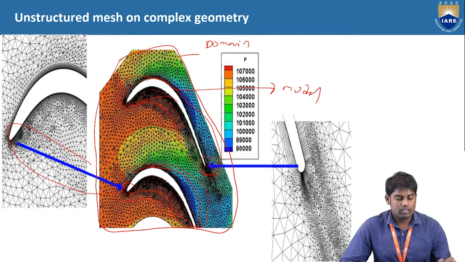But away from this wall or away from this model, you can see that the mesh is coarser. If you see in depth, if you want to capture the stagnation regions and the boundary layer aspects, that's why we are using the finer mesh. Away from the wall, the flow is assumed to be inviscid and does not change, but near the wall it's very important, that's why we are using this finer mesh.